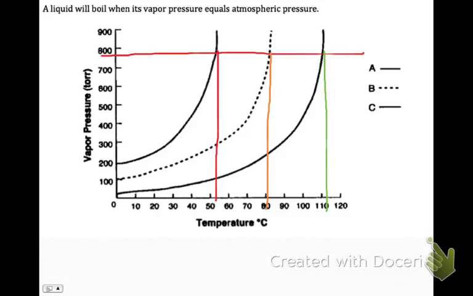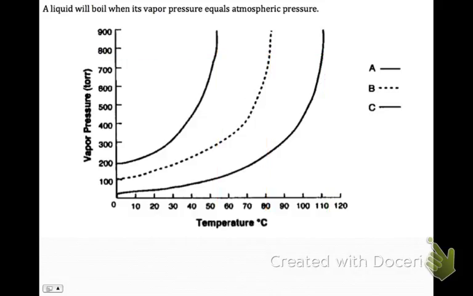So again, my horizontal line isn't as horizontal as I need it to be. But you can kind of get the idea of how you would read these. And then for number 10, which liquid has the strongest intermolecular forces? The best thing to do here is just take any one of these temperatures and go up. So I'm going to take 30 degrees Celsius, just because I randomly chose that one, it doesn't matter. So liquid A would be 300 torr. Liquid B would be about 200. And liquid C would be about 50